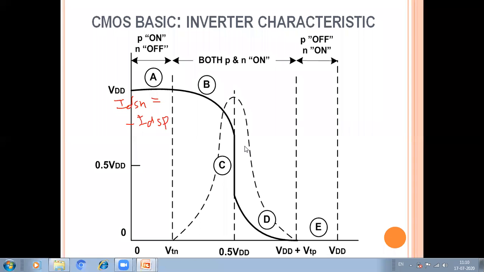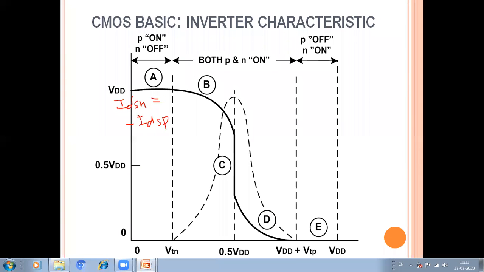But in the practical case, if VDS is increased in the saturation region, we know that IDS also increases slightly. Thus, region C has a finite slope, not a constant. Ideally, we say this is the ideal constant current source, but practically, IDS changes slightly. So this region C has a finite slope. This is region C, and now region D.